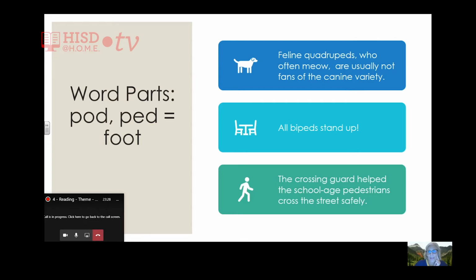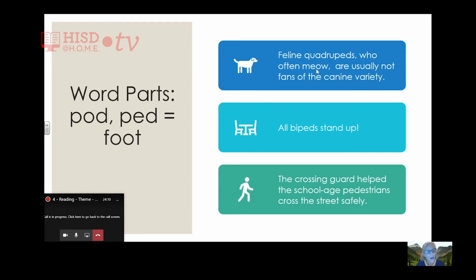Feline quadrupeds who often meow are usually not fans of the canine variety. Okay, what the heck are they meaning? What does this mean? I want you to think about the clues and figure out what this sentence means. Who are the feline quadrupeds? All right, let's check it out. So feline quadrupeds